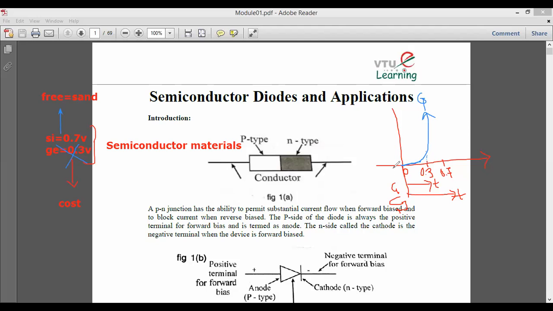Now when you make use of the silicon material, it will start from 0 and it will be like this. So it will start conducting at 0.7. Therefore, when choosing a material for the application, our PN junction diode is normally made up of silicon material, not germanium material. There are other